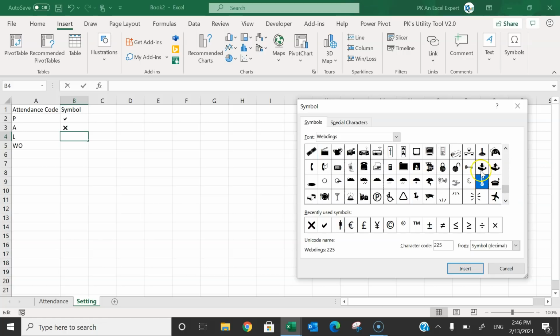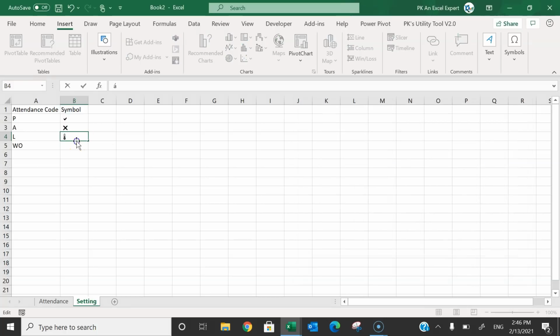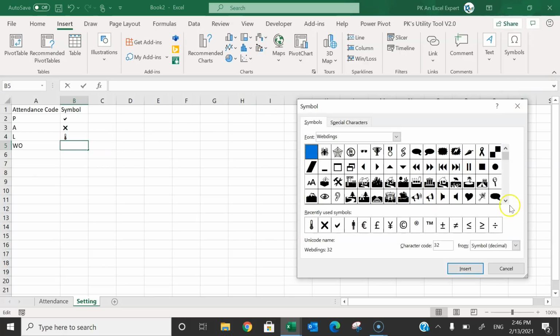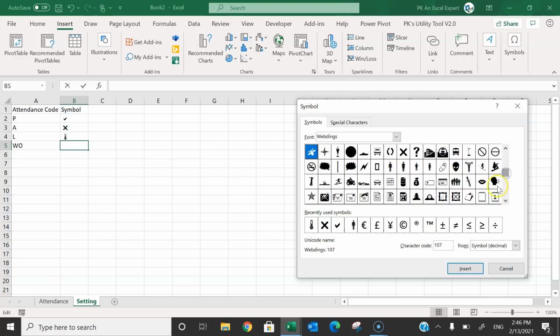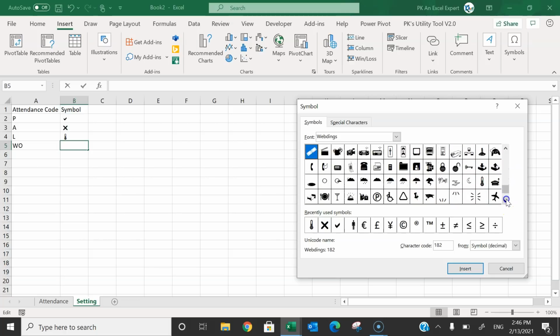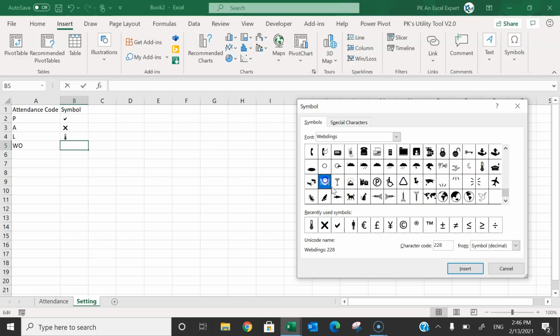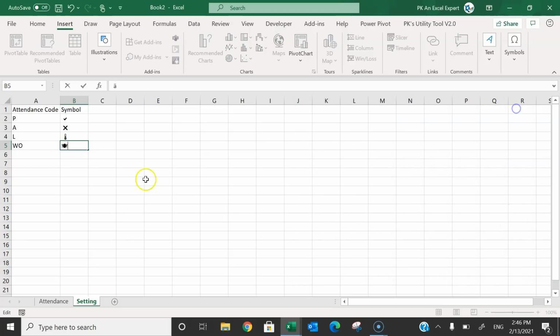You can take any other symbols also as per your requirement, but here I'm taking these. Just insert, close, and then go to the week off and take another symbol for week off. Scroll it down and let's say I'm taking this one. Alright, so we have taken all the symbols here.